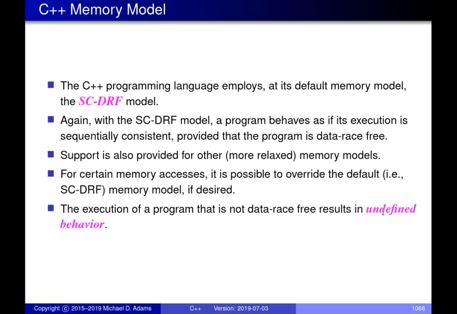So you basically have to be very careful when you're writing your code that you don't have data races in it. And the way that we achieve this is there are various mechanisms we can use for synchronization, what are called synchronization primitives, where we have ways to prevent two threads from doing certain things at the same time. And by doing this, we can ensure that data races don't happen. But it requires extra synchronization that the programmer has to put into their code to make sure that it's not possible for a data race to occur. And a very common mistake when people are first learning concurrent programming is they forget to put some of these synchronization primitives in. Because of this, they inject data races into their code, and then all kinds of weird things start happening.